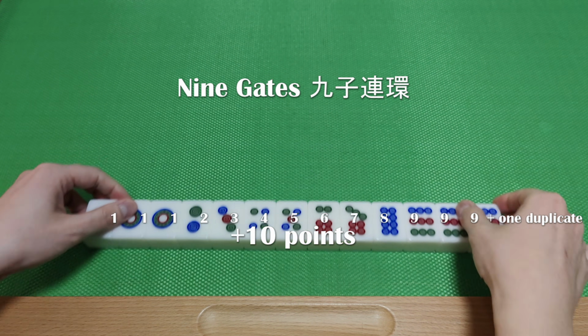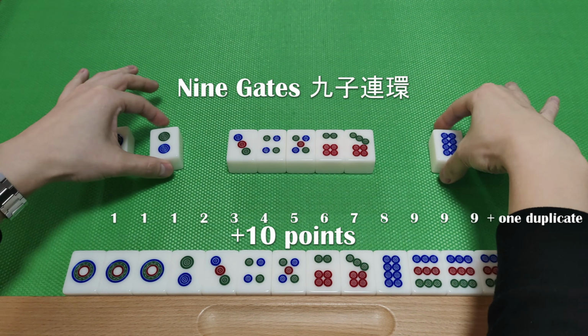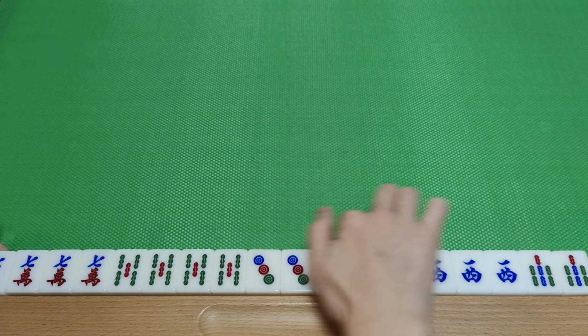You'll notice that there are only 13 tiles here. It's called the 9 gates because from this setup, you can win with any of the 9 constituent tiles as your final tile. This hand is worth 10 points and does not double count points for concealed hand or for the clean 1 suit. The next ridiculous hand we have here, if we can fit it in the frame, is